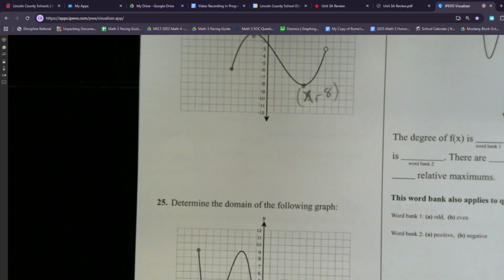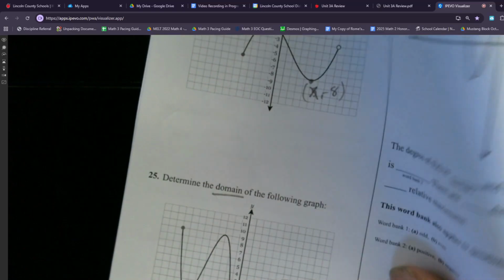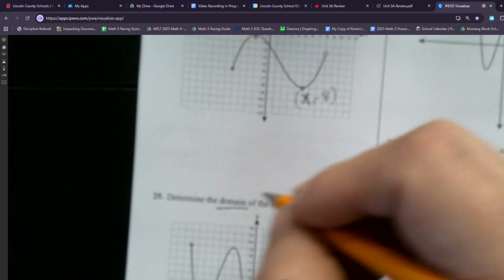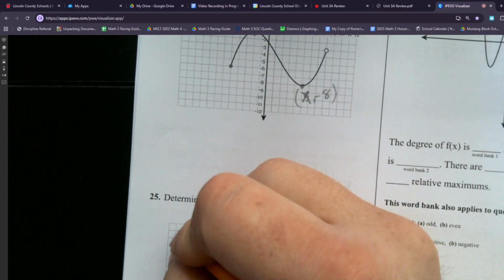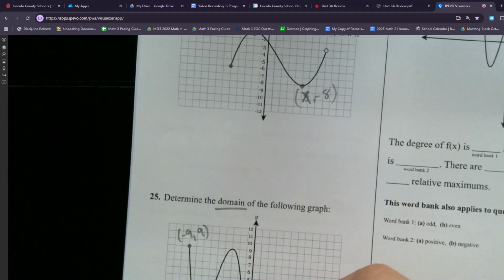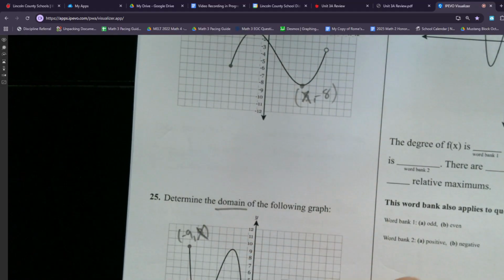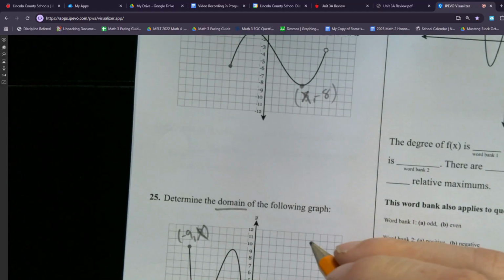25. Determine the domain of the following graph. Just looking for the leftmost point. Domain is, of course, x values. The leftmost point here is the coordinate -9, +9. The rightmost coordinate is -1, 0. Okay, y values don't matter because it's a domain. So this guy is going to be